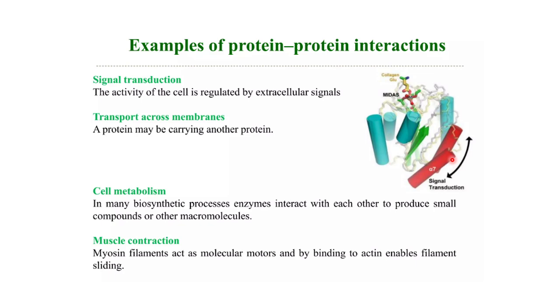Transport across the membranes is a very important phenomenon, where a protein carries another protein across the cellular membrane. Then cell metabolism and muscle contraction. Cell metabolism happens in many biosynthetic processes, with enzymes that interact with their substrates, or even with themselves, to produce small compounds or other macromolecules, that's the product. Then muscle contraction, where the myosin filaments act as molecular motors, and by binding to actin,